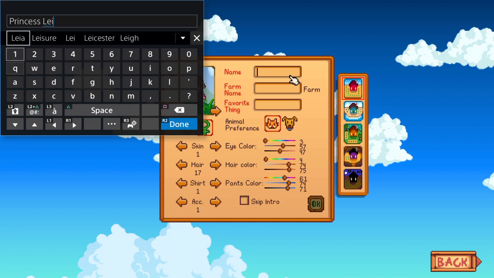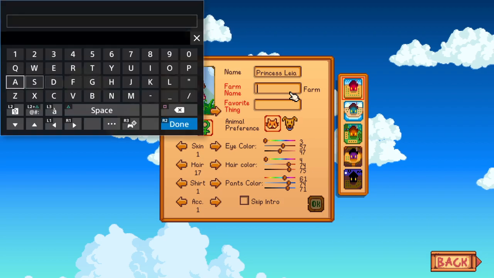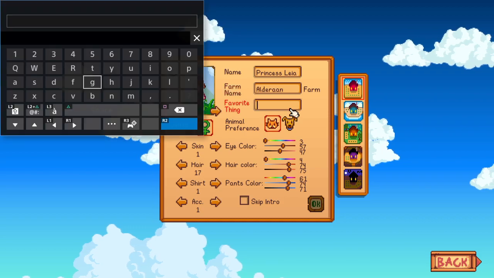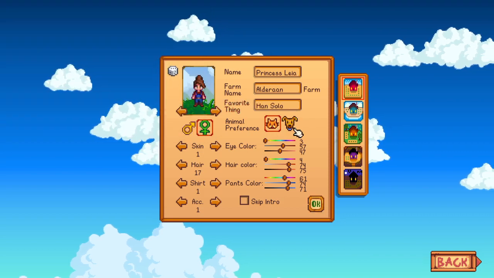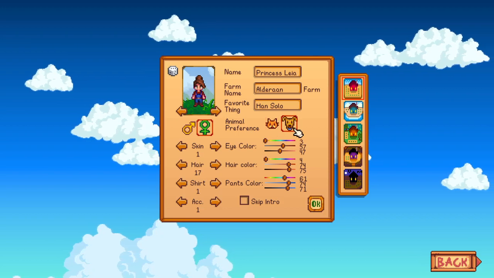And her farm name is going to be her home planet, Alderaan. Her favorite thing, we all know what her favorite thing is. Han, the Man Solo. And we're going to have her prefer a dog over a cat. I love them both. But,